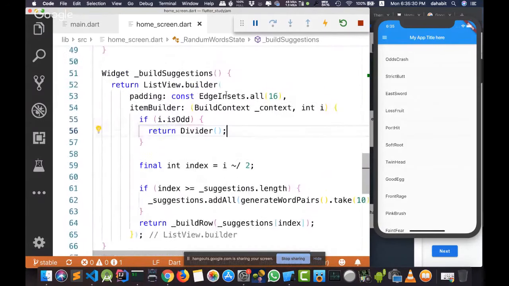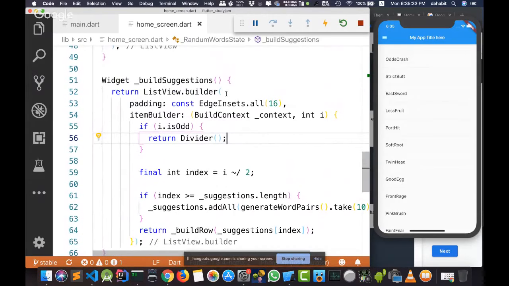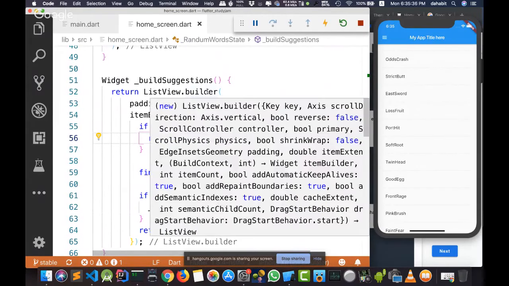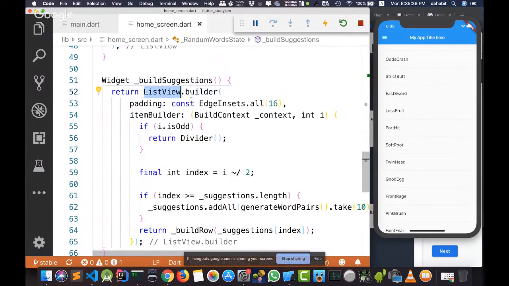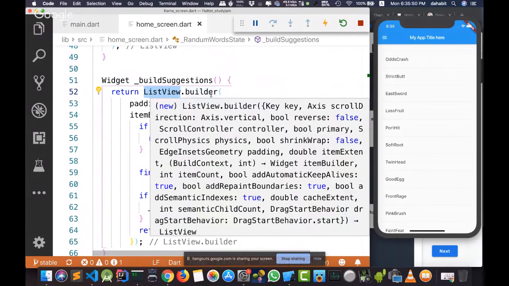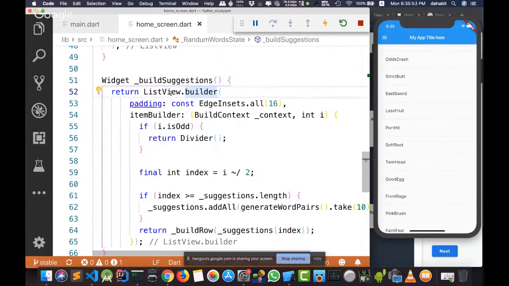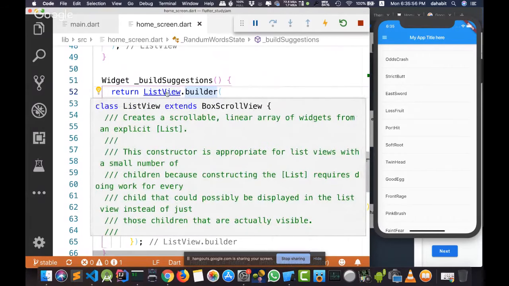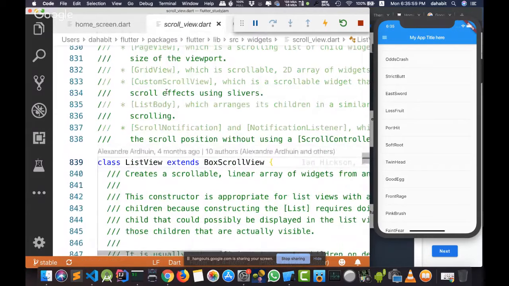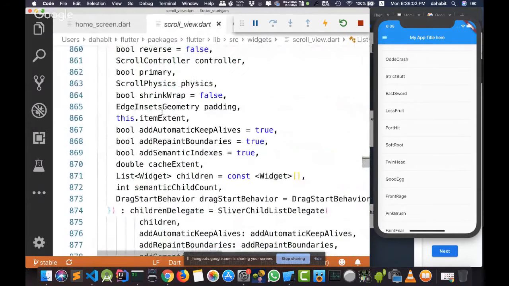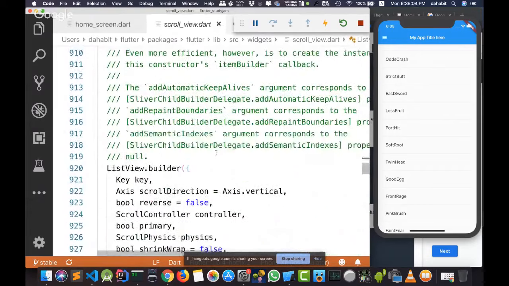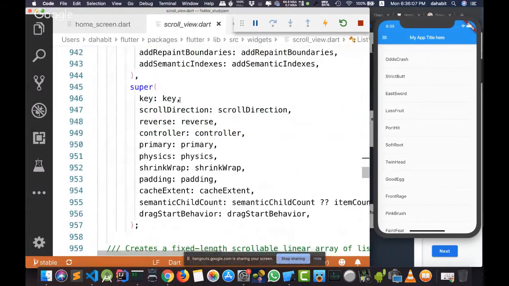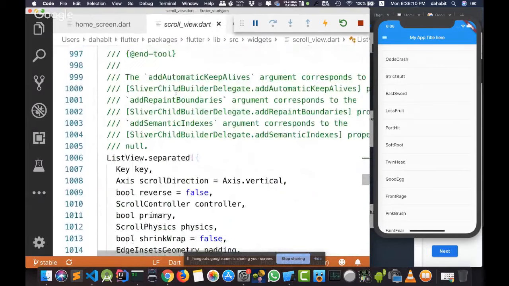And as you can see here, we'll come back to the main question that I asked. What's the difference between the list view I built here? We are using something called a named constructor. Another constructor in Dart, if you want to create multiple constructors inside a class, there is something called a named constructor, and this named constructor is called builder. If I don't know anything about the named constructor inside list view, just press Control or Command, and you will find everything you need, all the constructors and any properties available for you inside this list view.